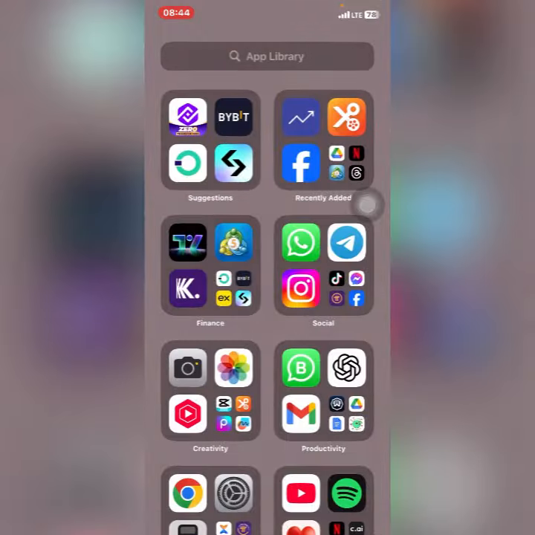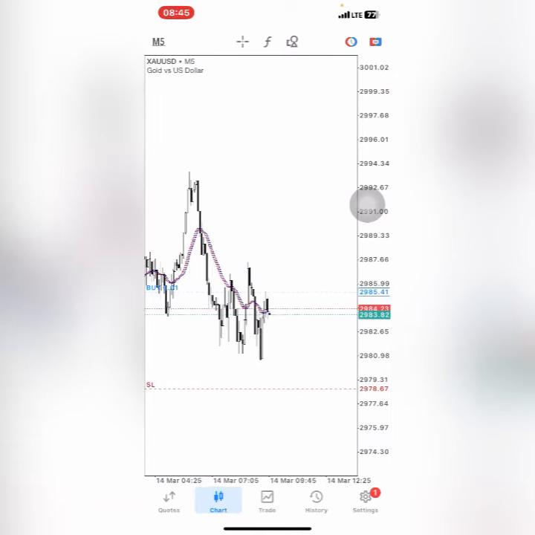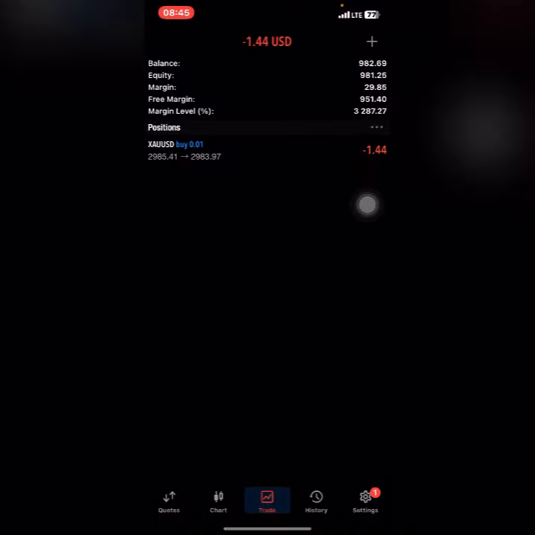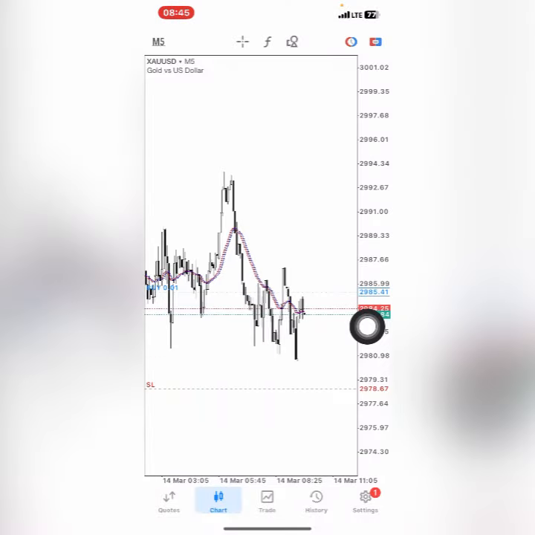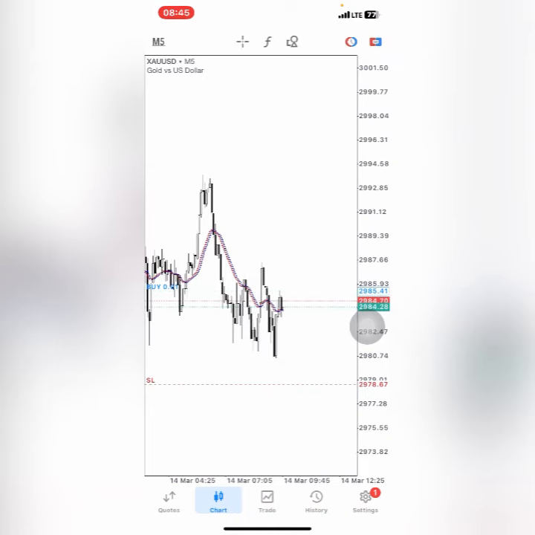So let me show you my MT5. I'm just using 0.01 on this. As you can see, this was where I set the buy limit, and the trade has been triggered, 0.01. I'm currently in a drawdown, but let's just see how these things play, right? It's currently 8:45 right now, so I'm just going to wait patiently and see how this is going to play. And if this eventually goes into profit, I'm going to be holding throughout the London session and New York session, because I expect gold to make new highs, right? So I'm going to be holding this for long, right?